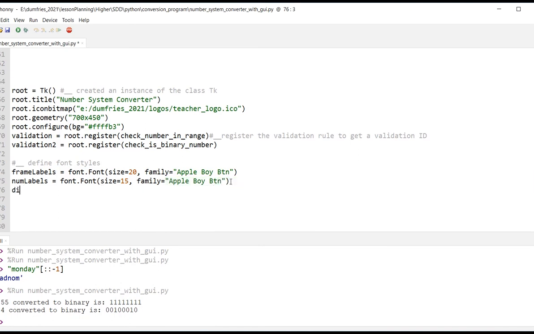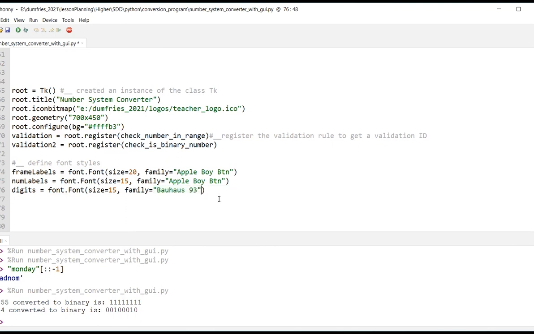Now I'm going to create another one for digits, and that will be the digits inside the output labels. So we'll say font dot capital F Font for the constructor, and this time the size will be 15. The font family this time will be Bohos 93,